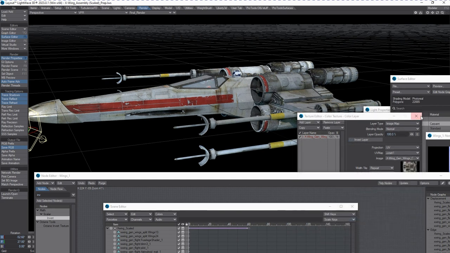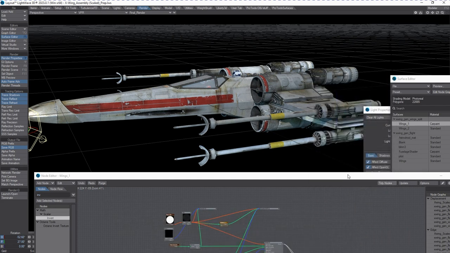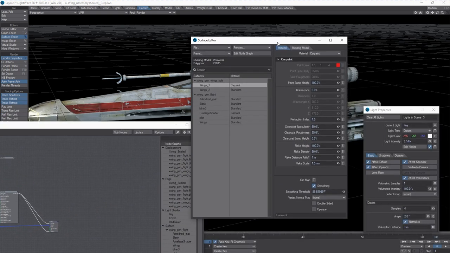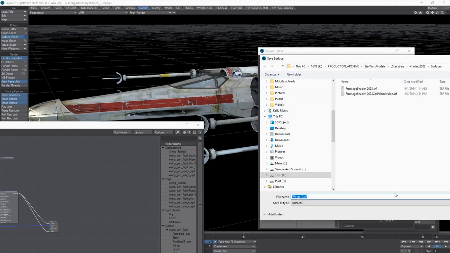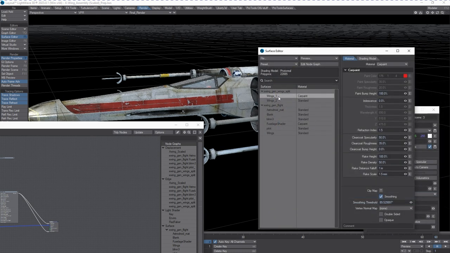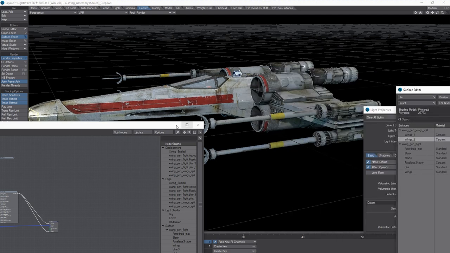Let's close all that down. And we'll go to our surface editor. All right, and we're going to save this one out. Wings car paint. I'm going to call this 2023 version. Okay. And we'll copy this. Copy. Bang out as number 2. And